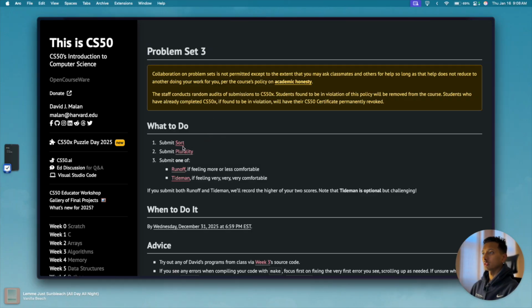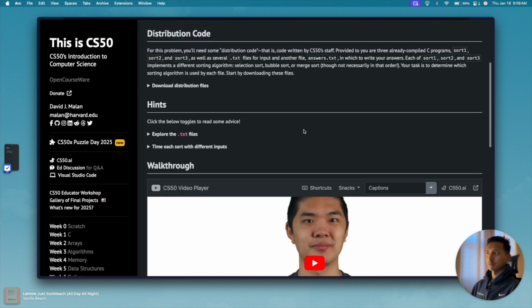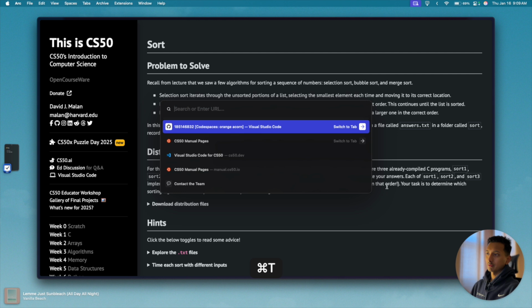Today in this video we're going to solve the first problem of week 3 of CS50, which is sort. So if you come here, this is the problem that we're going to solve, sort. And the very first thing that we have to do, I'll explain the problem in a moment, but the very first thing that we have to do is we have to go to